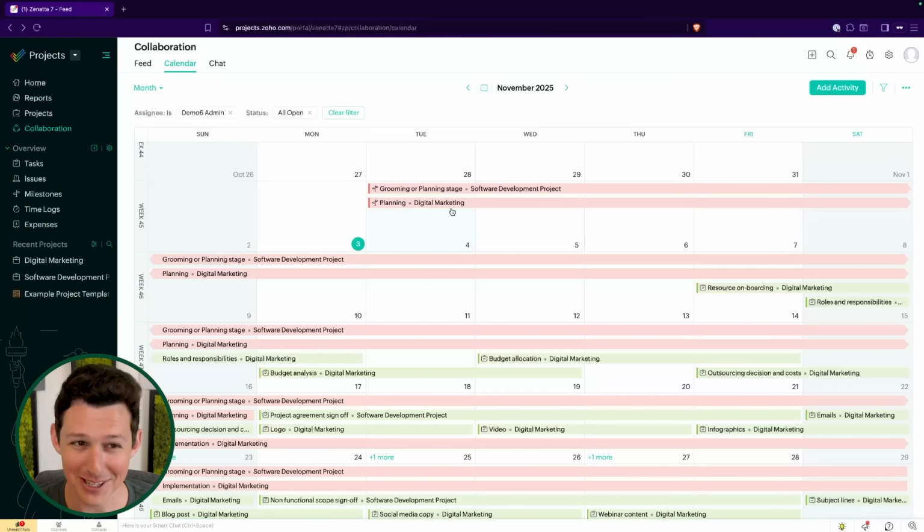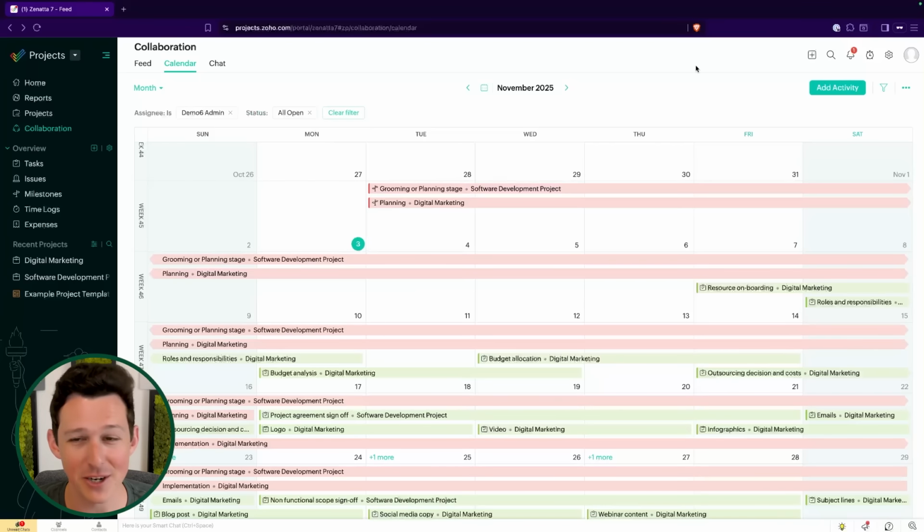What I will say, realistically, is I have 2 projects in here right now. So maybe we could make sense of this. If you have like 50 projects in here, it does get a bit overkill. There's a lot on here. And so